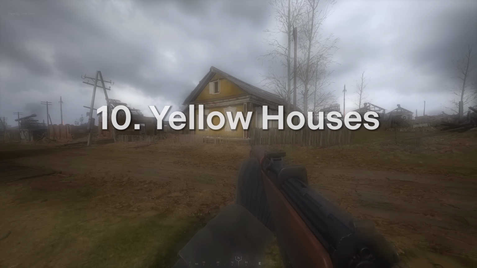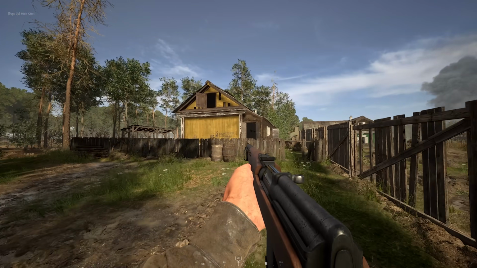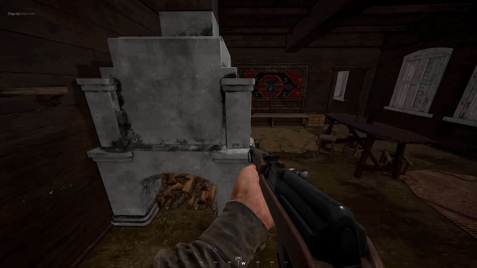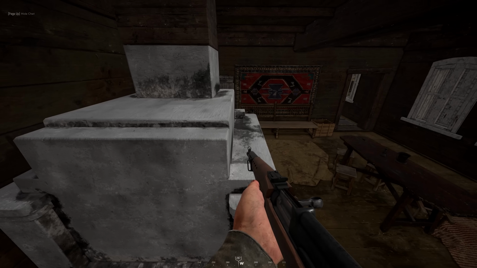Number 10. Yellow houses. You find them all over the Stalingrad, Kharkov and Kursk maps. When you go inside them, you can clearly see there is an upstairs, but how can you get up there, you may ask? Well, the trick is to simply jump